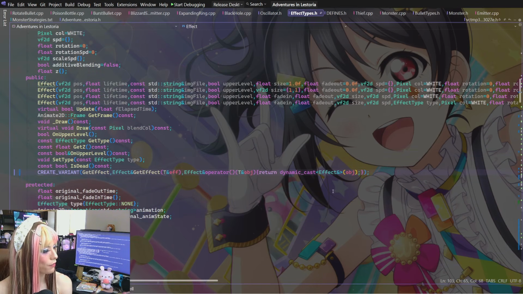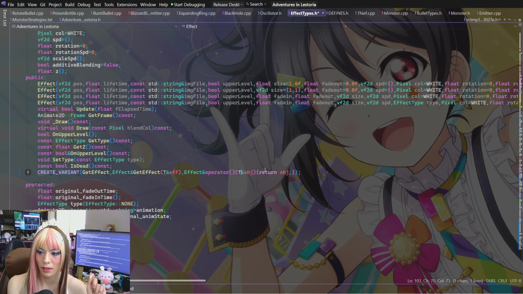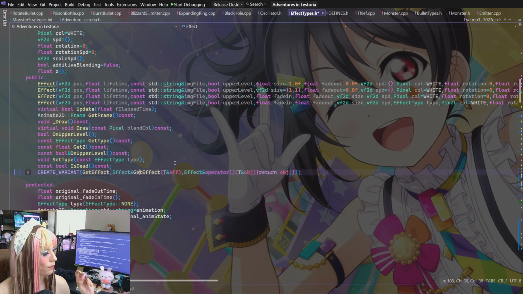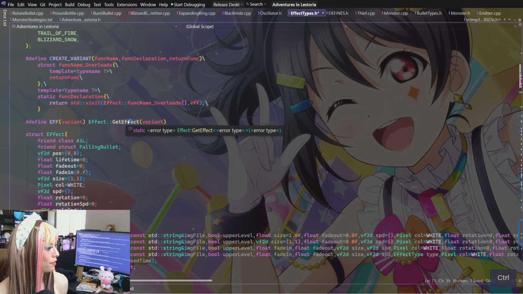Okay, so this function operator overload is supposed to match a given type to tell it what to return. And the whole goal is to make it so get effect gets generated with the ability to return any given variant. So get effect gets called in, or appears.